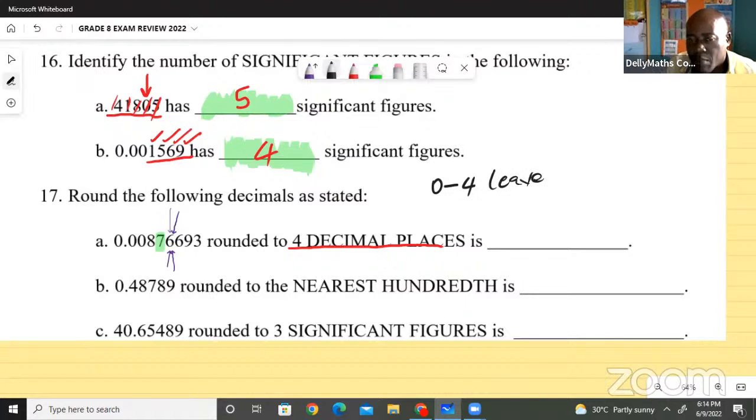We're not going to trouble this spot. But if the number right beside it is in the 5 to 9 category, we will add 1 to that spot. Definitely 6 is in the 5 to 9 category. So the number 7 spot will go up by 1 to 8. What's the answer? The answer becomes